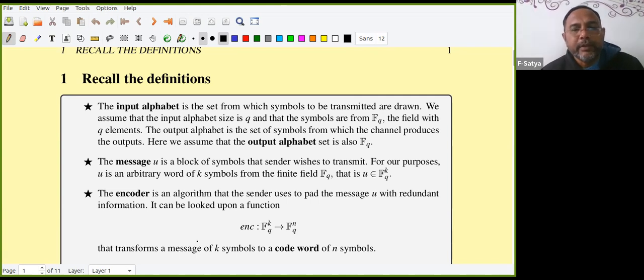The message U is a block of symbols that the sender wishes to transmit. For our purposes, U is an arbitrary word of length K symbols from the finite field F_q. That is, U is in F_q^K, right? You know all this, but again I'm repeating once, right? Then